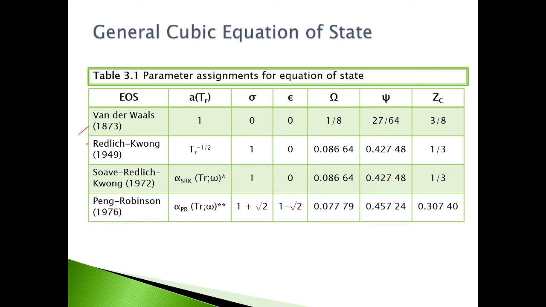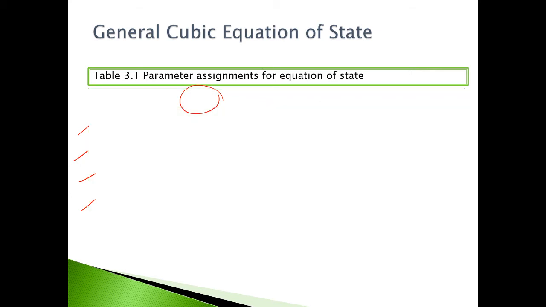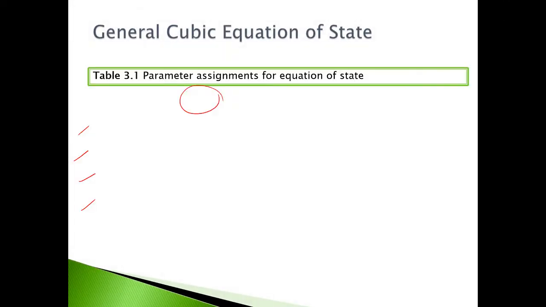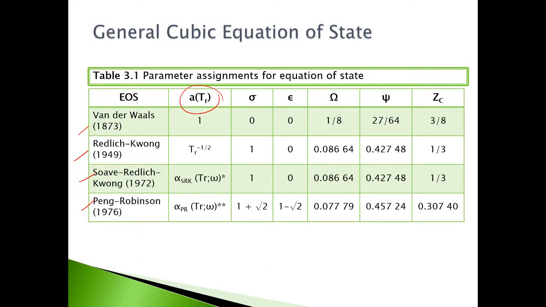We have the Van der Waals, Redlich-Kwong, Soave-Redlich-Kwong, and Peng-Robinson. And these are the different parameters of each equation of state. So we just substitute these parameters into the general equation to get the equation of state. So what is the feature of the general cubic equation of state? They have a pattern, a structure that is the same. And if we substitute the different parameters,